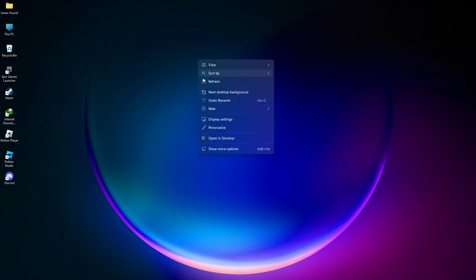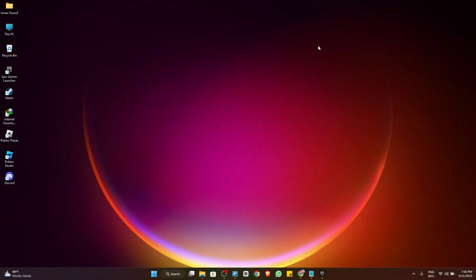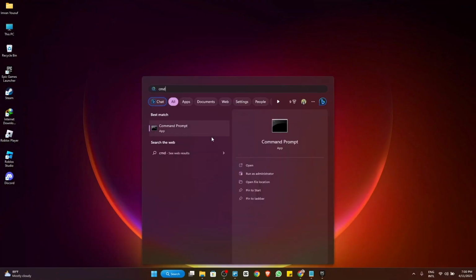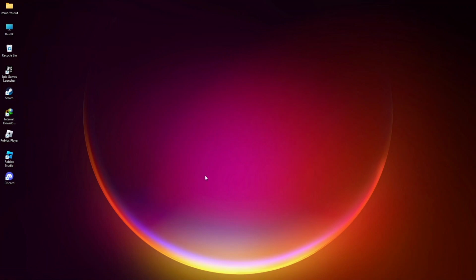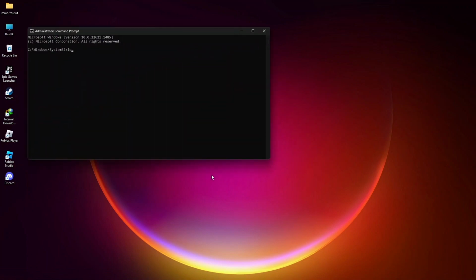Now search and open Command Prompt on your computer. Click on Run as Administrator. Now type in the following commands: ipconfig/flushdns. Then press Enter. After that, type in ipconfig/registerdns and press Enter. And then type in again